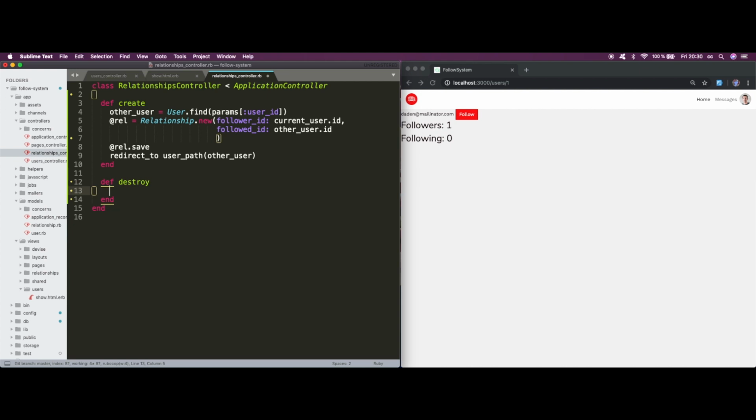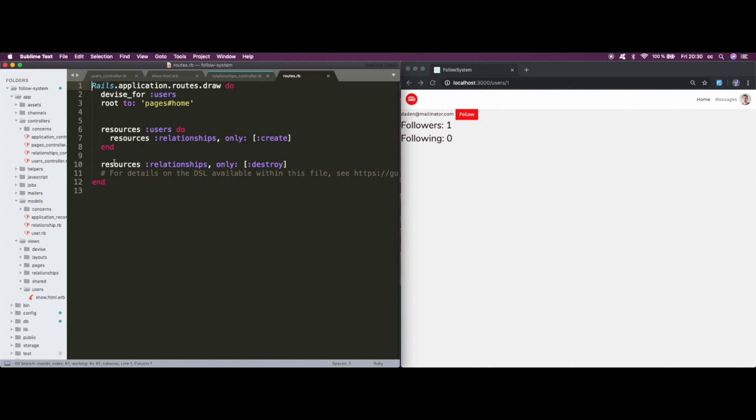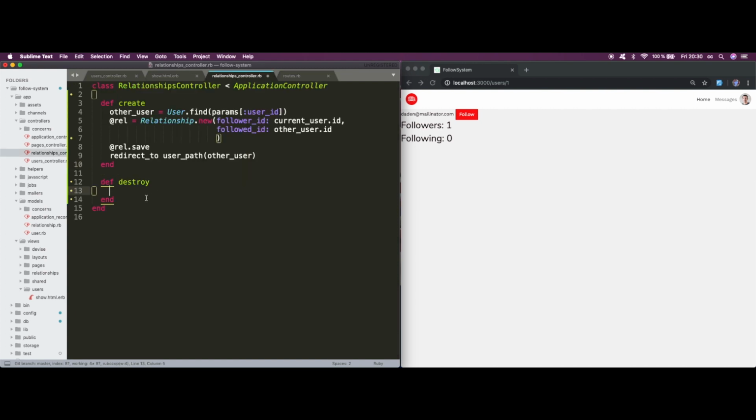Now, the thing is, destroy is not nested anymore because we don't need it to be nested inside of the user's routes. Remember when we did the routes, we had that. So resources relationship destroy is actually outside of the block. It's not nested anymore. So the thing we need to do is we actually need to grab this param. We need to grab this ID of